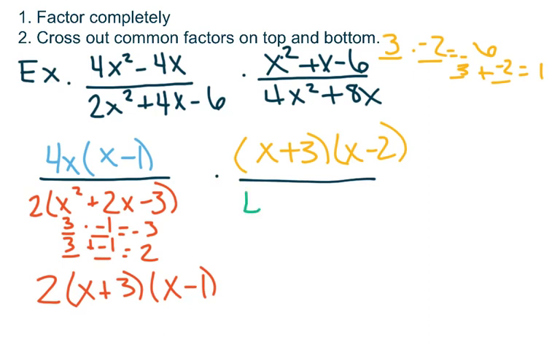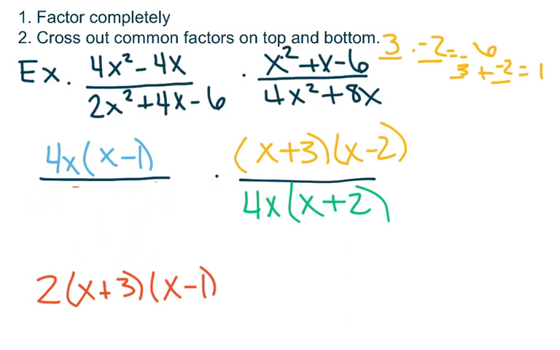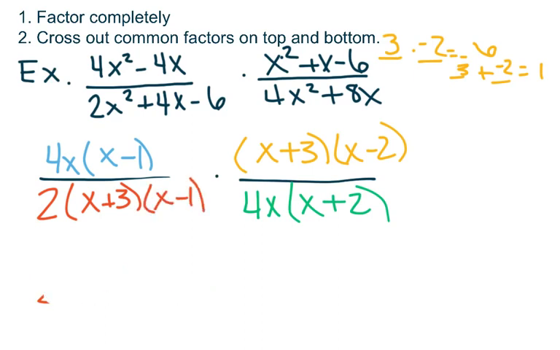It has a GCF of 4x, and when I take out a 4x, I'm left with x plus 3. Alright, I'm going to try and clean this up a little bit. So this denominator was a 2, x plus 3, x minus 1. Okay, so I've factored completely, and now I'm just going to start crossing out any common factors I have on